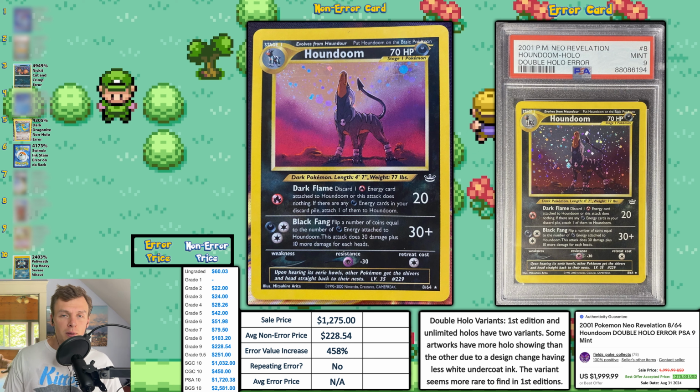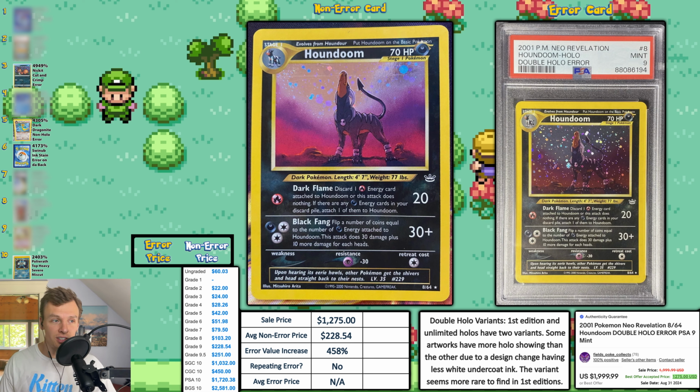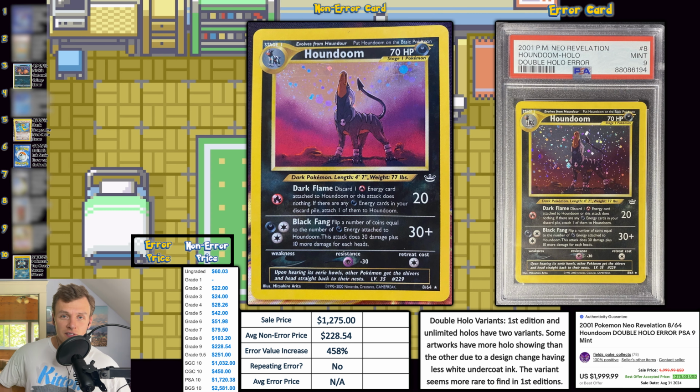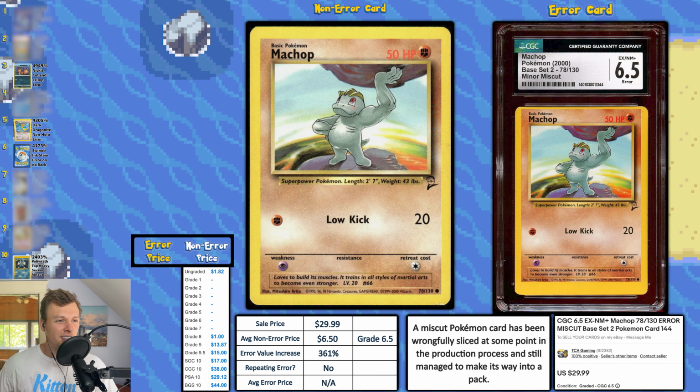So grade 9s must be harder to come by because I think it's just the scarcity of the number of cards that have this, and so that's why it's worth so much more, because there are just less double holos at a PSA 9. But yes, $1,275 for this vintage Pokemon card. Woo! Next up we have a base set 2 Machop that got graded a CGC 6.5, and CGC calls this